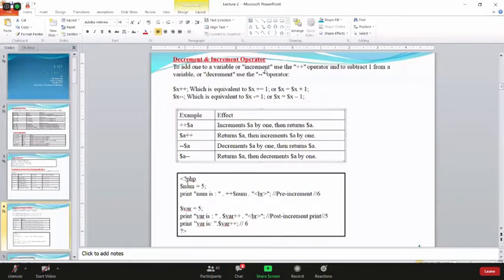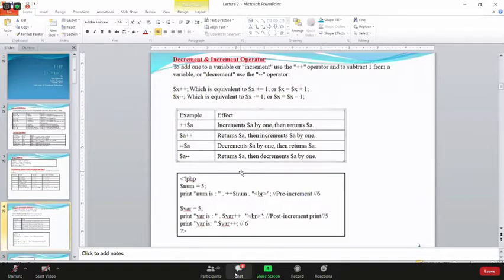First, you write the variable here and assign a value. Then to display that value, use plus plus variable, the pre-increment one, and you can see the output. If you use the post-increment variable, you can see the outputs for post-increment as well. Just type this exercise, and you can find the difference between the pre-increment one and the post-increment one.